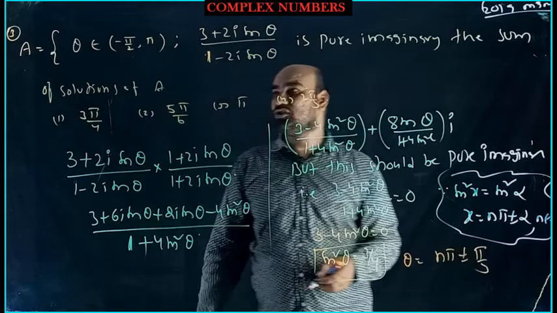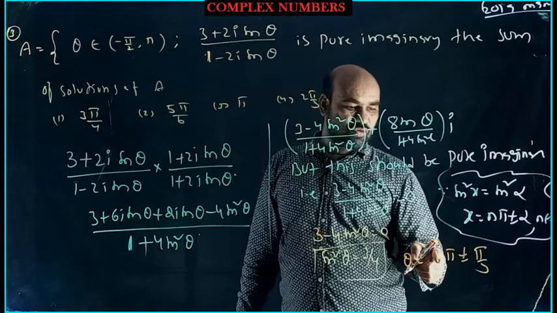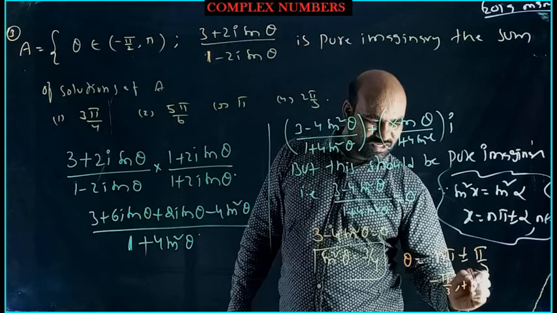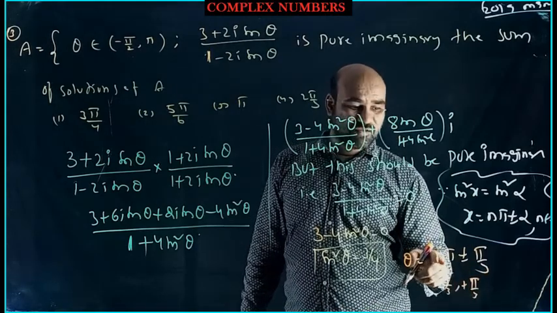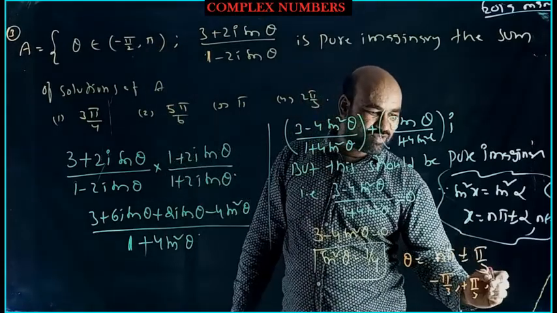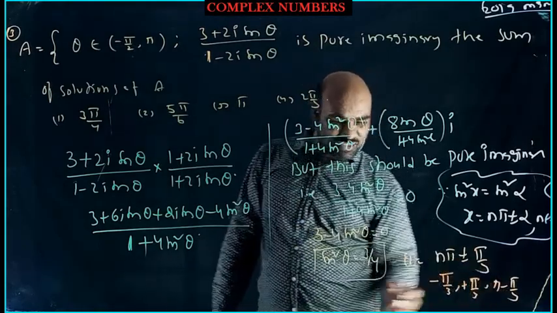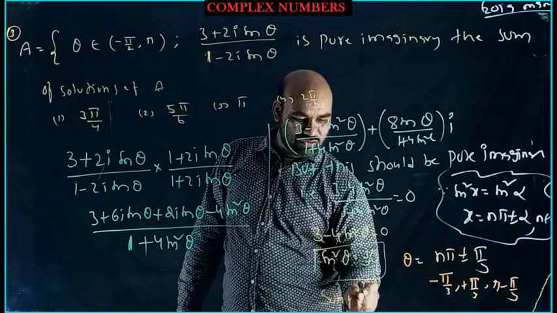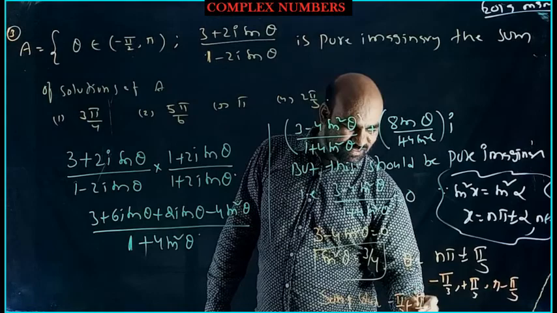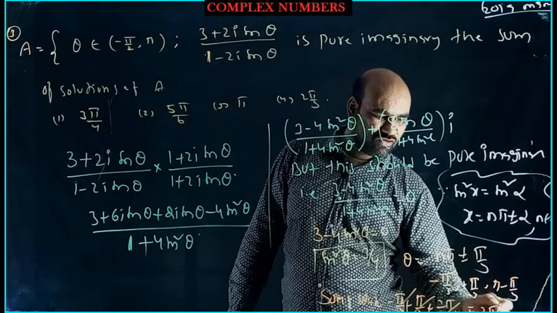Now I want to find the solutions which are in the interval minus pi by 2 to pi. So put n equal to 0, we will get plus or minus pi by 3, one is minus pi by 3 and the other is plus pi by 3. Put n equal to 1, pi plus or minus pi by 3: pi plus won't give, but pi minus pi by 3 gives, which is nothing but 2 pi by 3. Now the sum of all these values: minus pi by 3 plus pi by 3 plus 2 pi by 3, these get cancelled, total summation equal to 2 pi by 3.